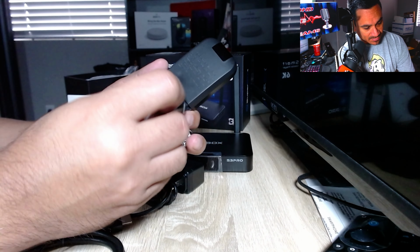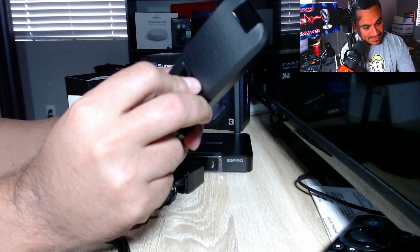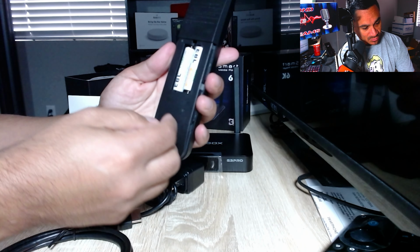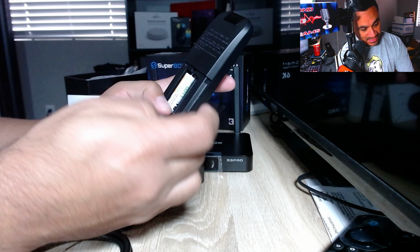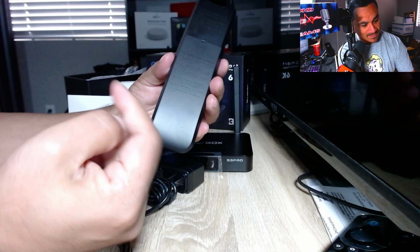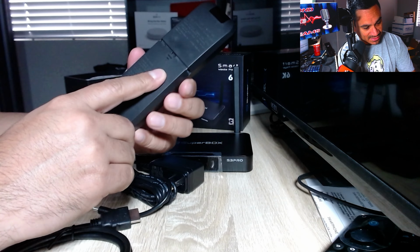So let's go ahead and plug ours in. Now, it does use 2 AAA batteries, so make sure you guys do use 2 AAA batteries. The one thing I like to do is, when I put my batteries in, can I take them back out? Sometimes it's really hard, and yeah, the remote is actually made very well. The only kind of weird thing is the back plate is a little long, and it was probably just for this thing. They probably could have done it a little bit differently, but